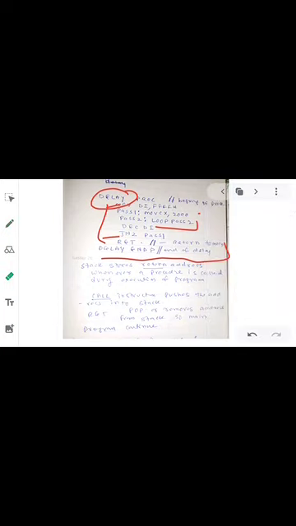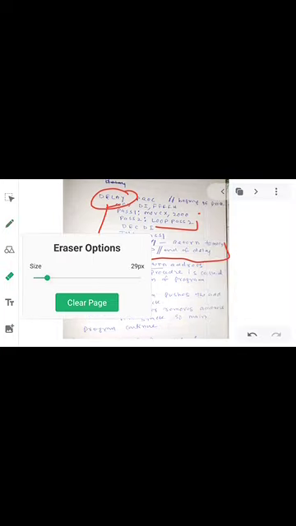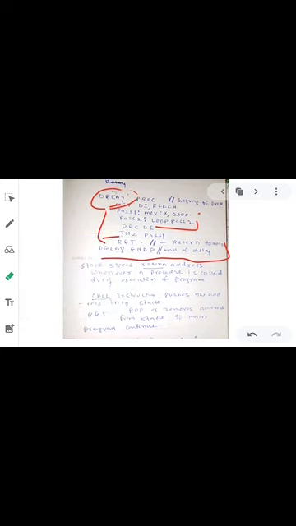So here you can see the use of the delay. DELAY is the name of the procedure.